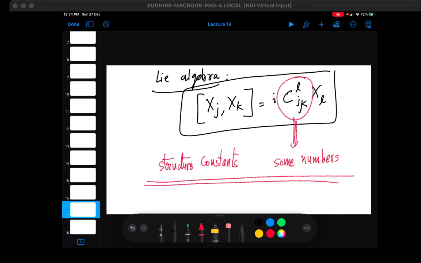Now we know that SO3 has a Lie algebra because there are three generators and all three generators do not commute. If you take an XY rotation and then do a YZ rotation, that is not equivalent to doing a YZ rotation first and then an XY rotation. If you reverse the rotation pattern, you won't end up in the same place. That's the reason why this group is non-abelian. This group is completely non-abelian,